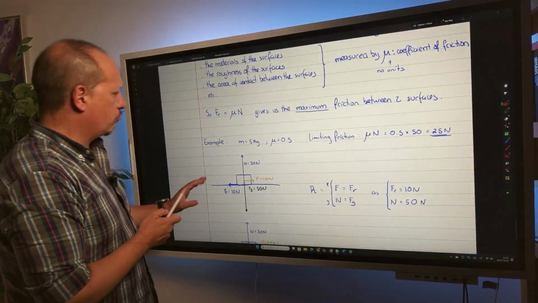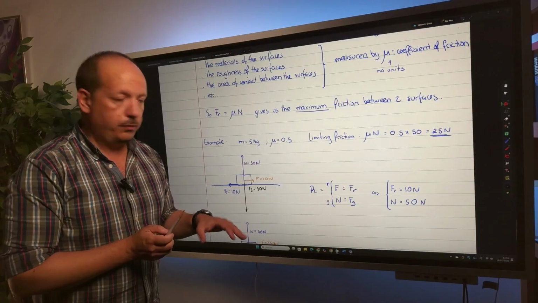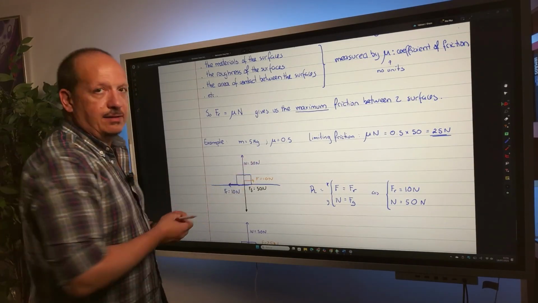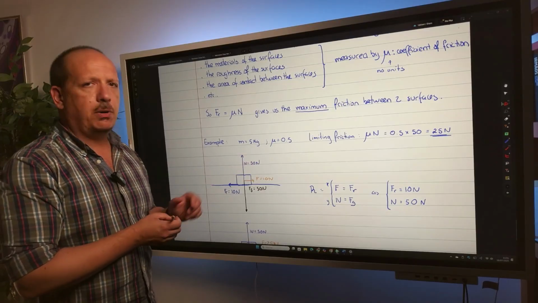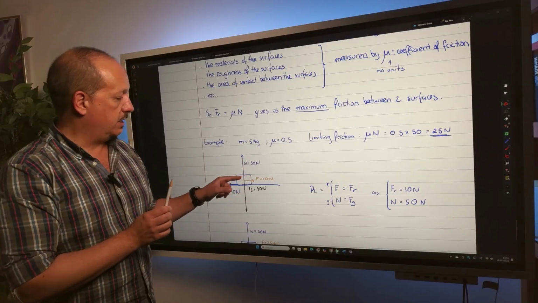But let's say that right now you have the box on top of a surface, it is not moving, and you apply here a 10 newton force to the right, okay? Is the box going to move? The answer is no. Why? Because